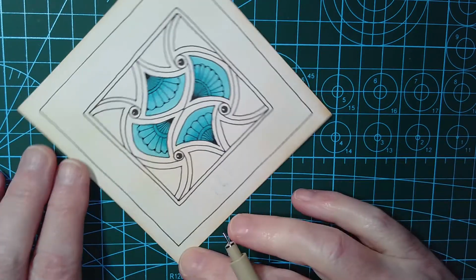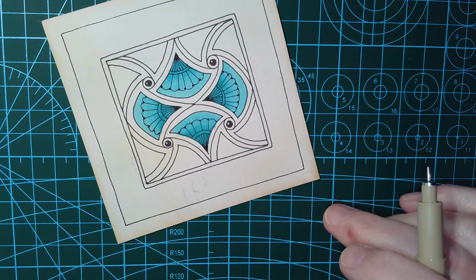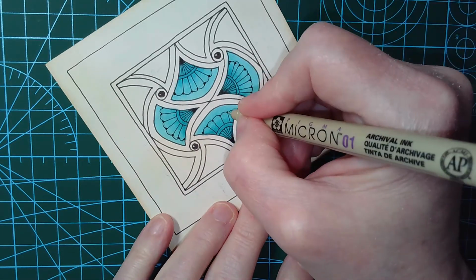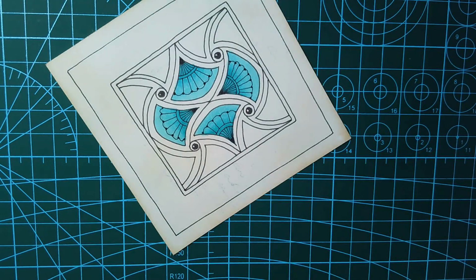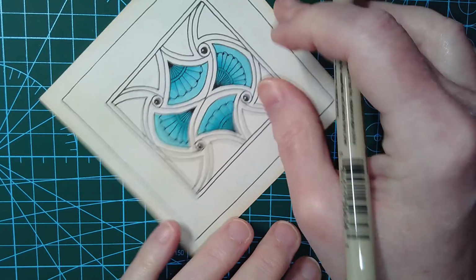So, lovely scallop. And you can do that without those dots, but those dots are so lovely. They just added something to it, and I just thought, oh, what a brilliant idea. Put the dots in and then join the dots. It's dot to dot time. Okay, and then this outside edge,